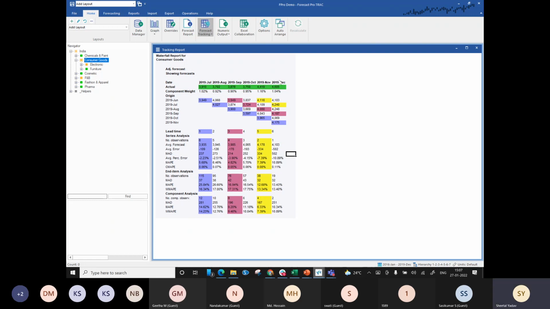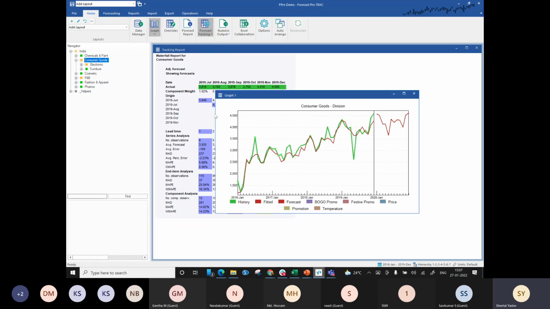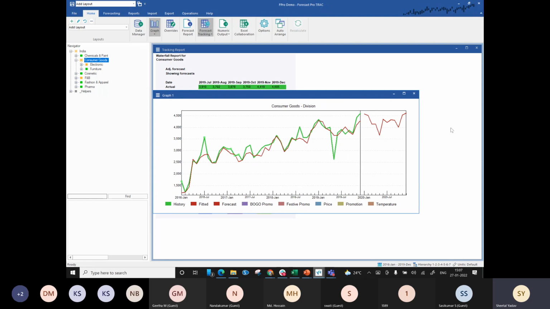Now, what is this? What kind of data is being represented here? I hope you're able to view the screen quite clearly, but let's walk you through this report that we have. It's saying that it's taking the last 6 months of actual data. In this case, if I open my graph, this forecast graph that we have, or the actual graph that